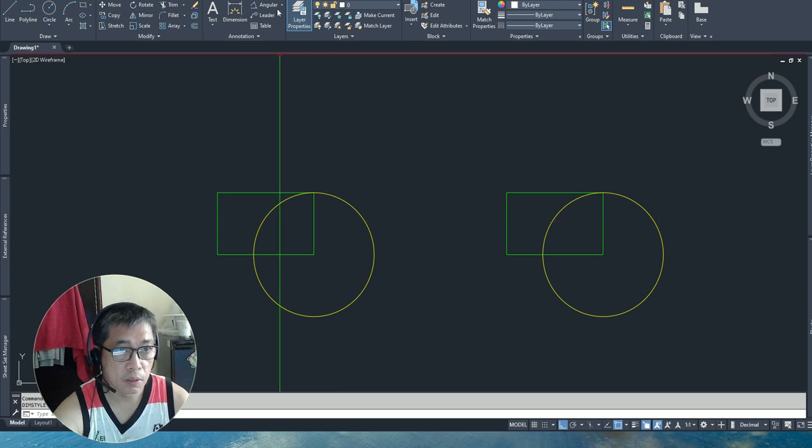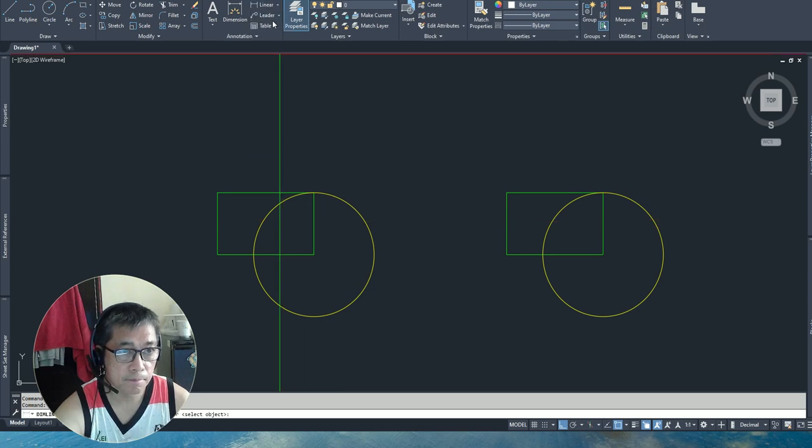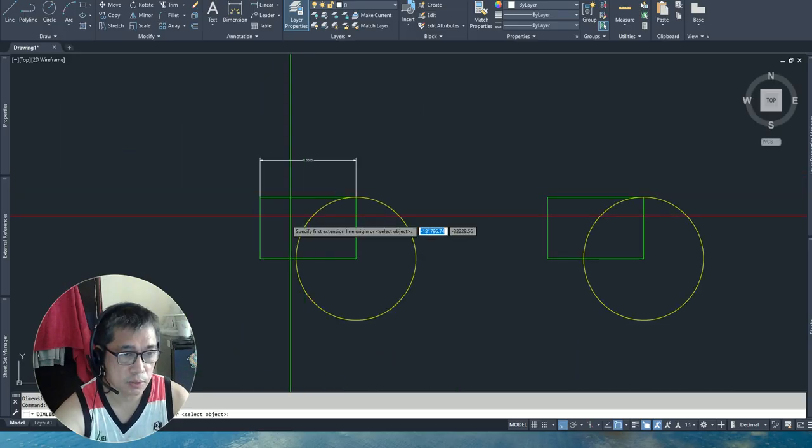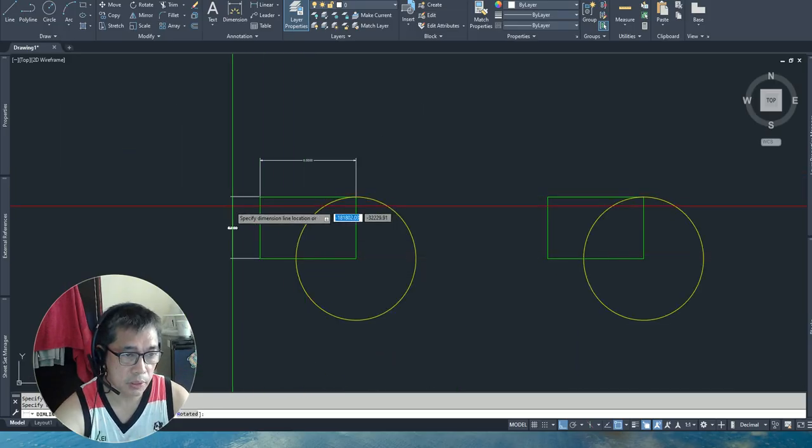Let's say we'll put a horizontal dimension on the rectangle as well as on the vertical sides.